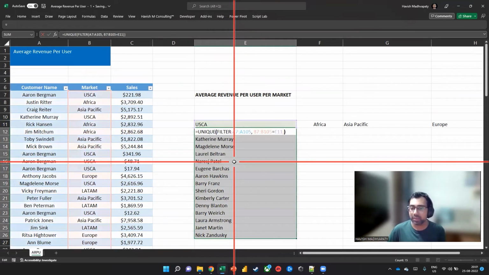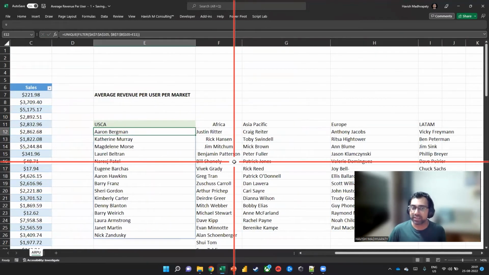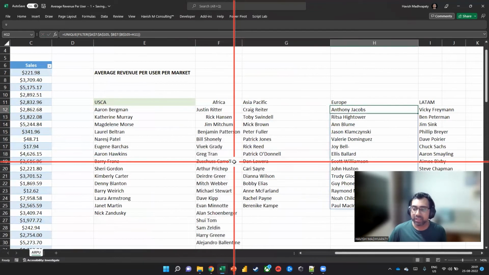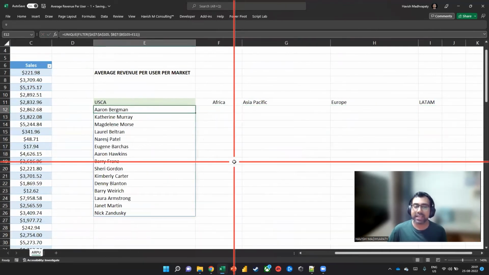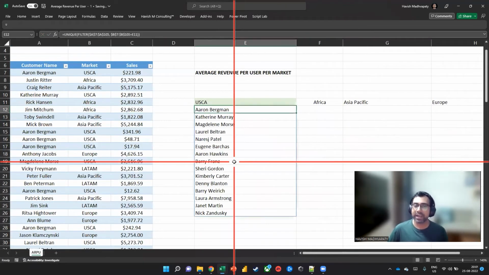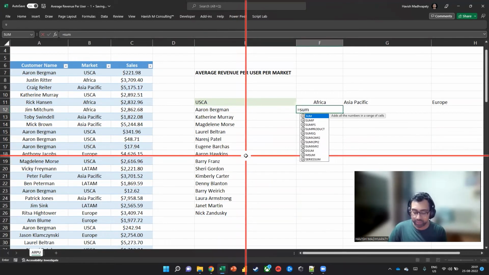So if I copy this formula, let me apply a $ as well. Okay. So you see how smartly what we have done is we have said in USC, there are 15 unique customers. In Africa, there are 19. There are 14, there are 14, and there are 10, like this. Okay. Now, the next thing I want to do is that for these customers, I would like to find the sum of sales, which means I will say equal to the sum if of